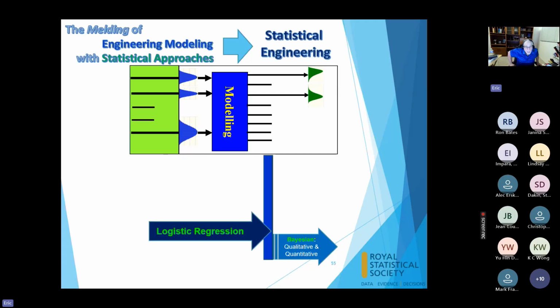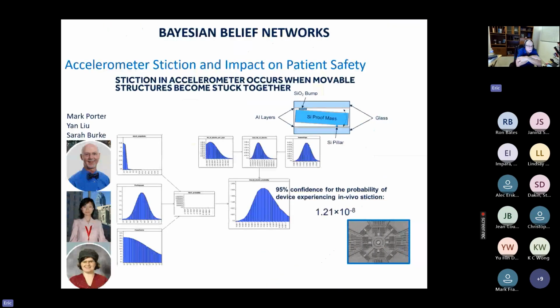Similarly, we discovered a possibility in our manufacturing and testing of something going wrong with detecting a patient's motion. You want to pace the heart differently if somebody's running in a marathon or if they're sleeping. We had an accelerometer inside this pacemaker inside the heart, Micra. And so Mark Porter and team used logistic regression combined with Bayesian methods. There you see Mark Porter, Jan Liu, and Sarah Burke, my intern, and they built a Bayesian network looking at all the distributions and looking at the probability of the pacemaker's